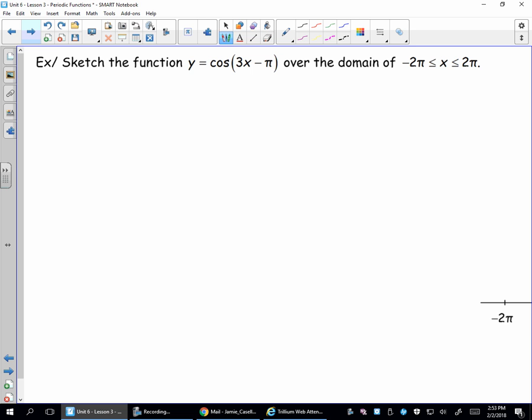Okay, let's try one more thing today. I want to be able to sketch this function over the domain of negative 2 pi to positive 2 pi. So rather than just being one cycle this time, we are going to make multiple cycles to complete a domain. So sketch this